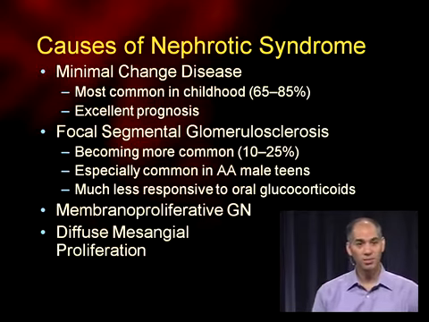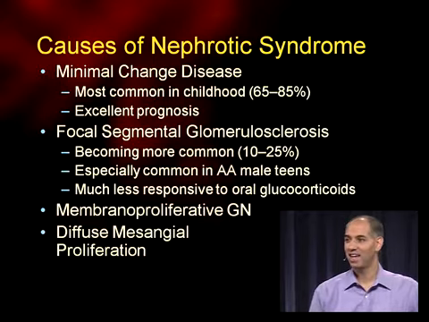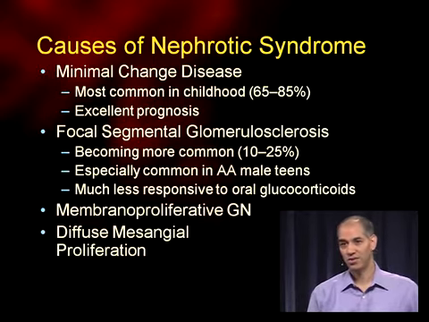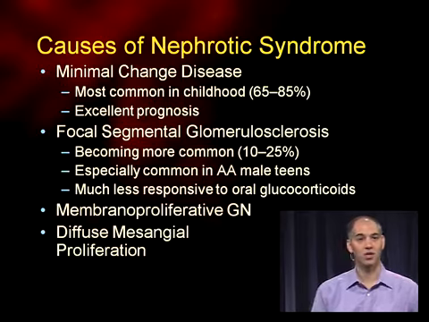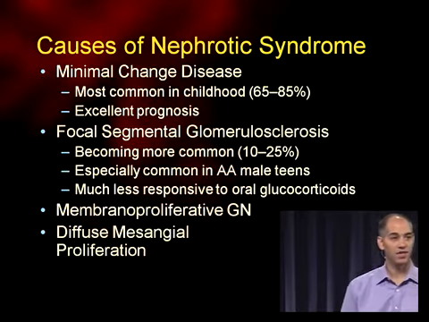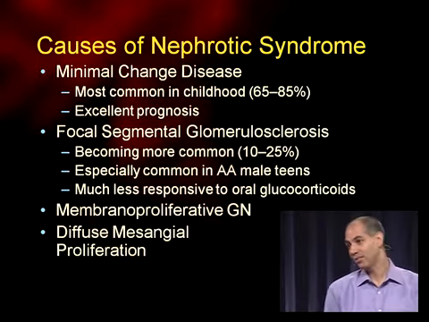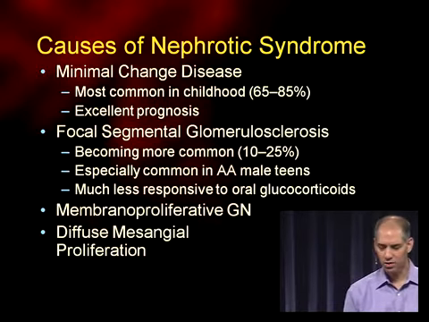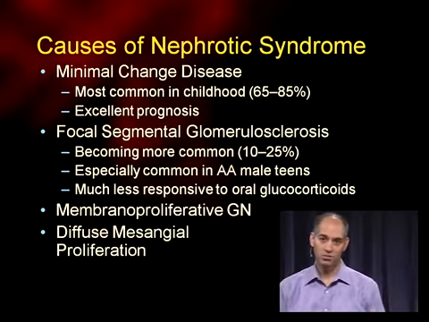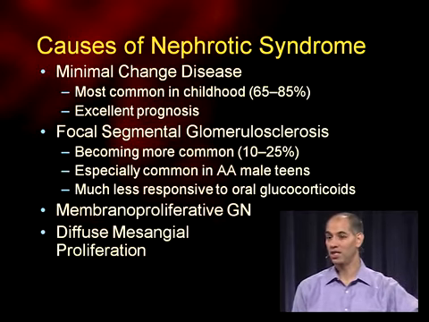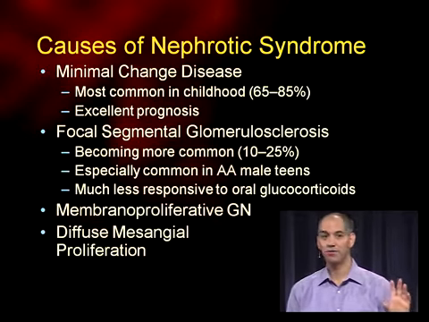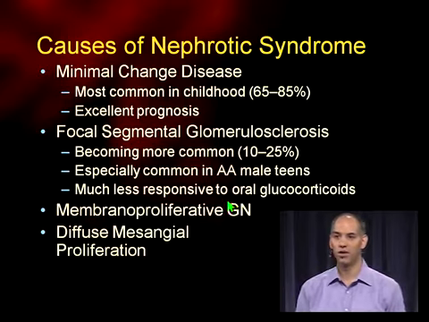It used to be listed as about 85% of all pediatric nephrotic syndrome. It's now probably closer to about 65%, and the reason for that is because over the last few decades, FSGS has become more common. And so FSGS, which I had at 10%, is now probably closer to about 25%. But just know, by far and away, minimal change and FSGS account for overall about 90% of all nephrotic syndrome